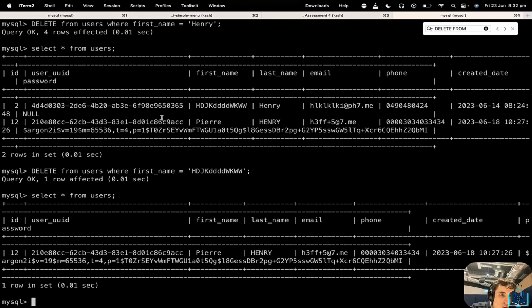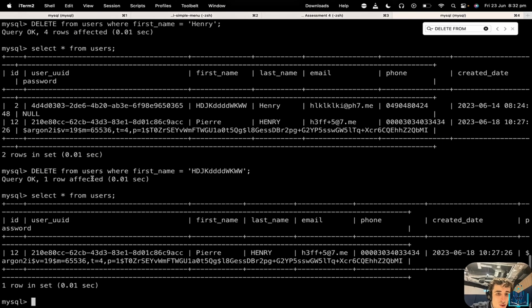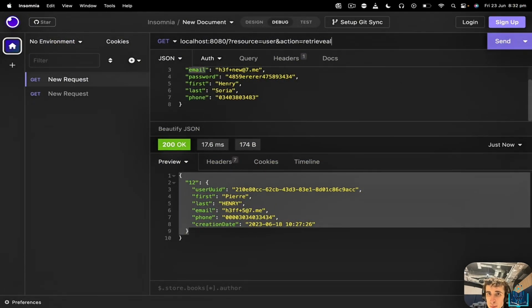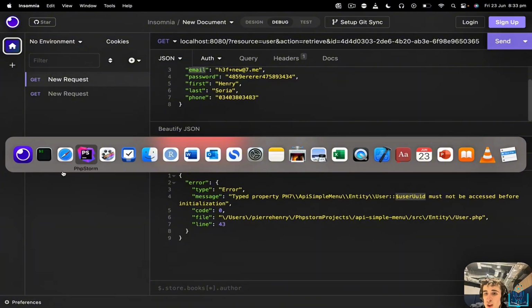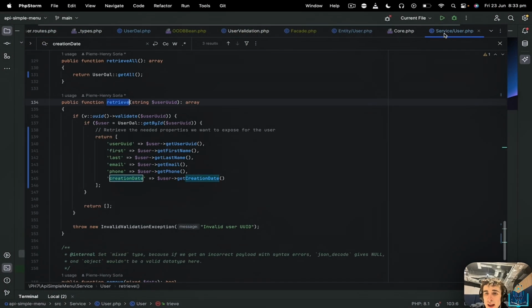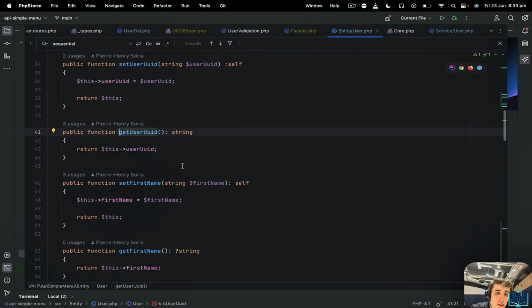If I try to get a deleted user, like for instance, I want to retrieve a user that has been deleted. If I do ID equals that one, it has been deleted, but you see, it doesn't handle well. We try to access user UID before initialization. And indeed, if we look at user service, get user UID, it gets there. It hasn't been initialized